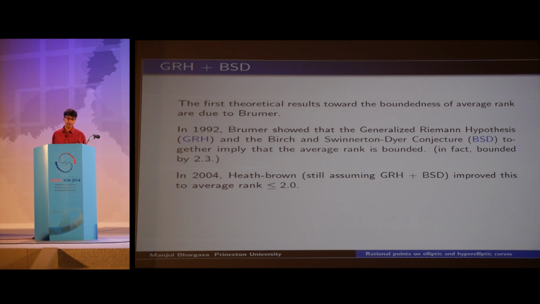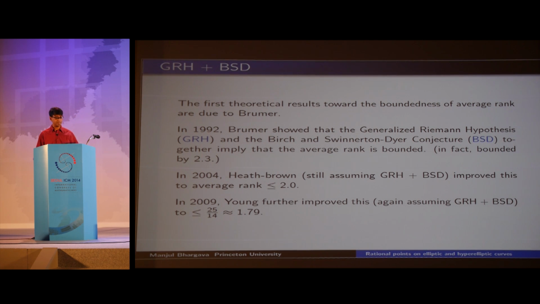In 2004, Heath-Brown, still assuming GRH and BSD, improved this to average rank less than or equal to 2.0. And in 2009, Young further improved this, again assuming GRH and BSD, to less than or equal to 1.79. And this was very significant. This was a very significant breakthrough to bring it from 2.0 to 1.79, because what that now means, if the